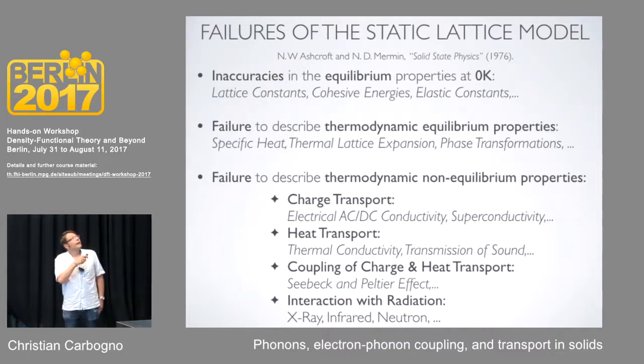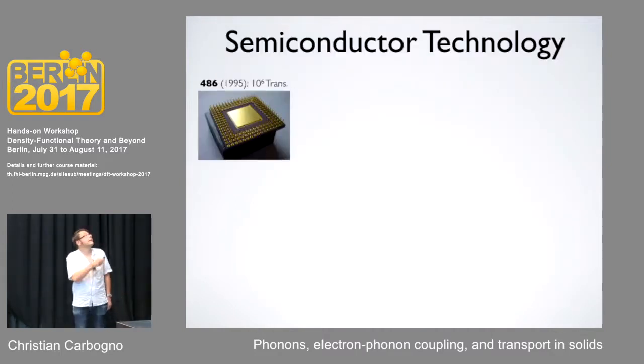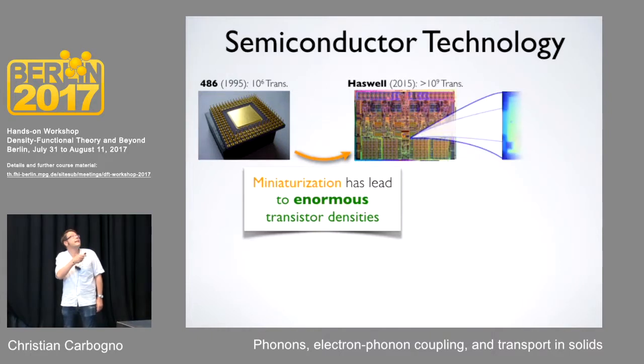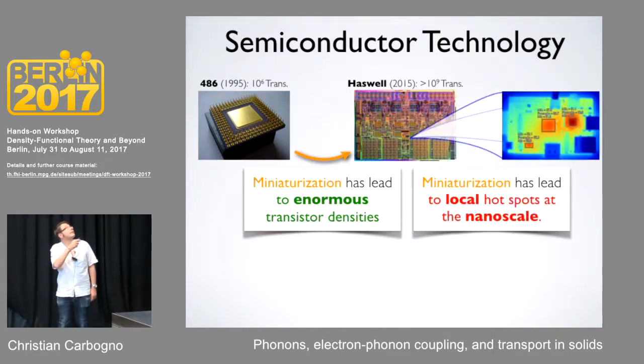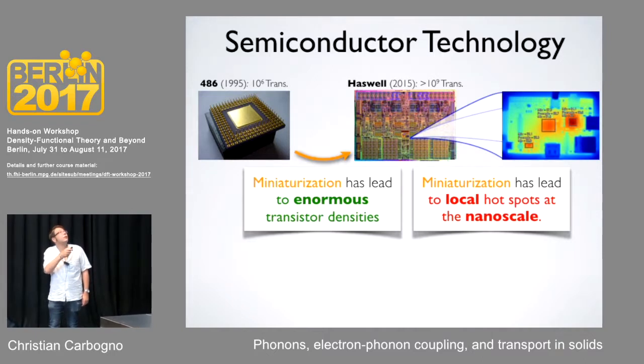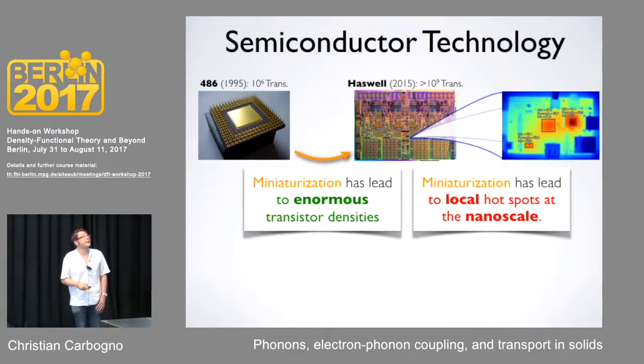Now, to highlight how we can calculate these different properties and what we need to account for, I will actually use 2 examples. One example, everybody should know, this is semiconductor technology, this is silicon. And if you think about the giant steps that have been made in semiconductor technology over the last years, you see this has led to a miniaturization. From microscopic transistors in the 90s and 80s, we're now going to nanotransistors in 2015, where you have something like 10 to the power 9 transistors per centimeter square.